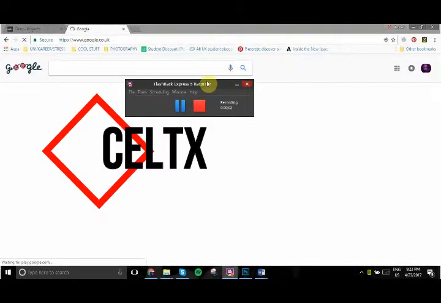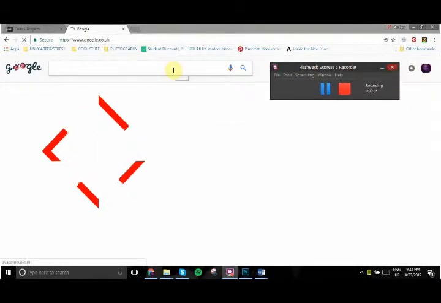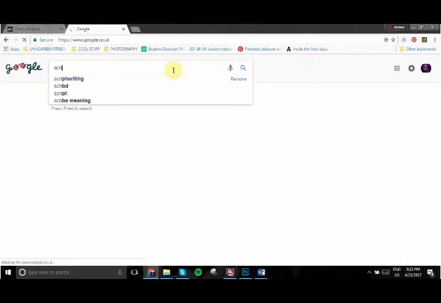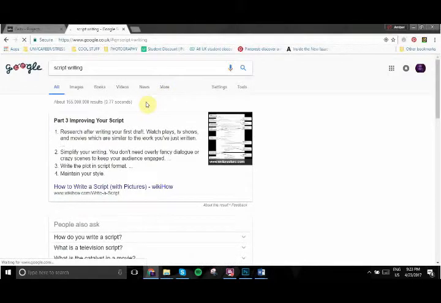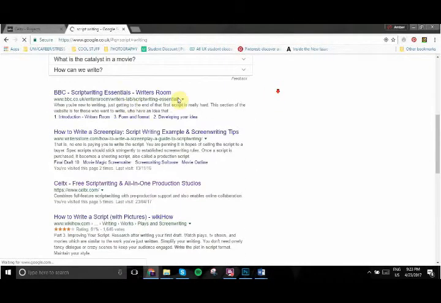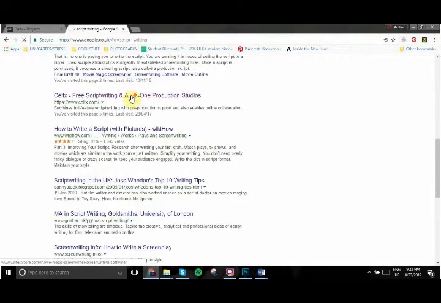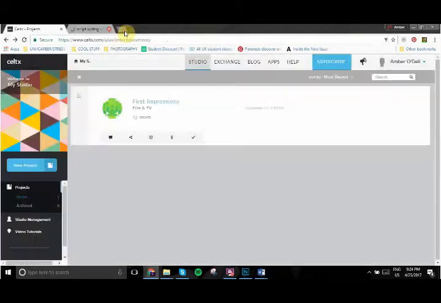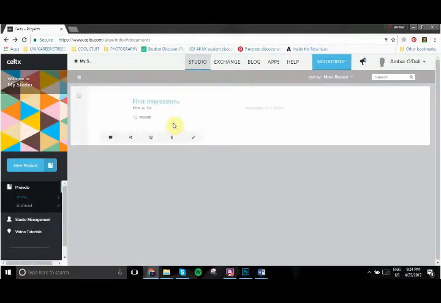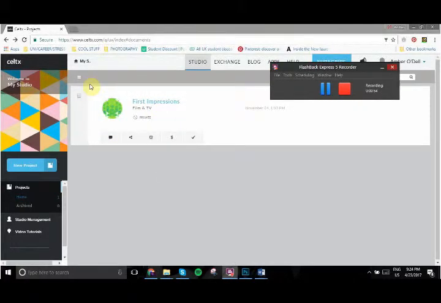An essential part of creating a film is very obviously the script. Script writing is a somewhat difficult task, but the tool we're going to be talking about today is celtx. Celtx is an online script writing tool which you can access for free, and it guides you in writing a